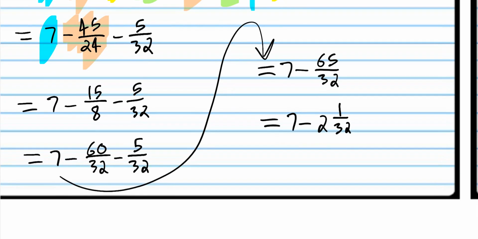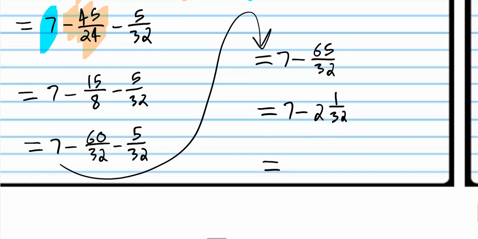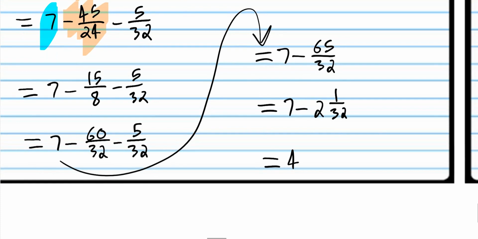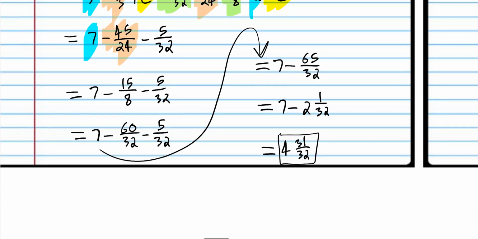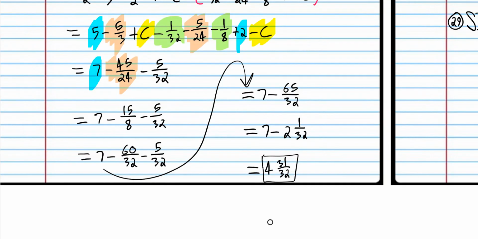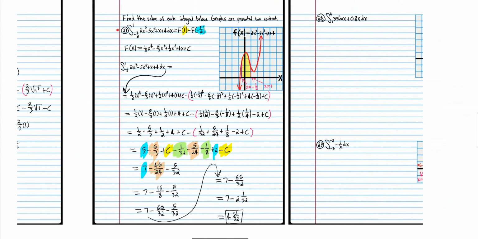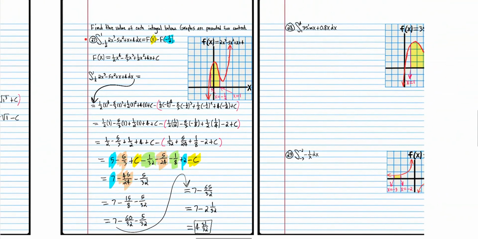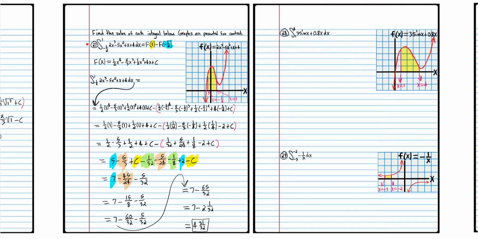And so it looks like we're going to end up with 4 and 31/32. So that is the answer. So sorry that problem was kind of long, but that's our new notation we're going to use. And let's